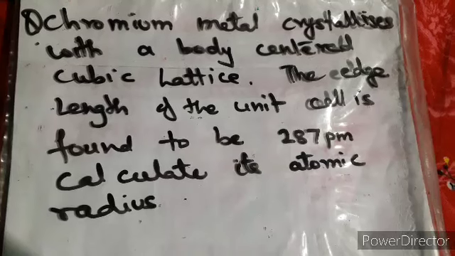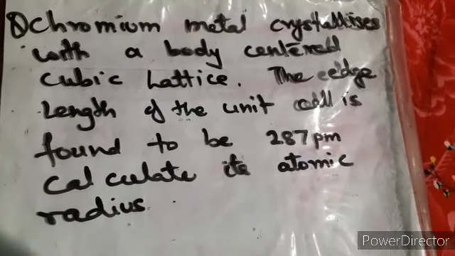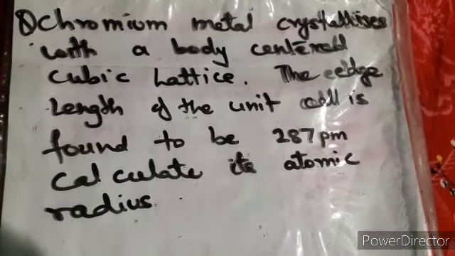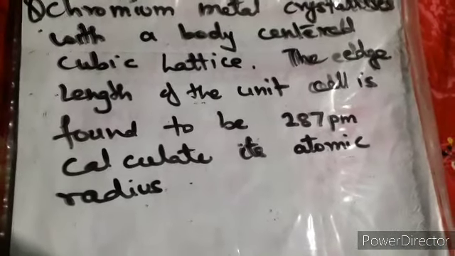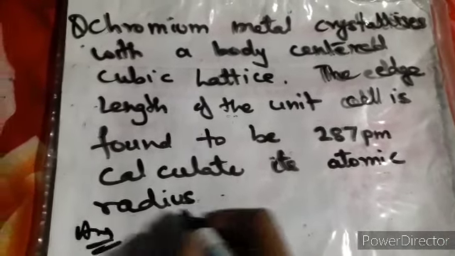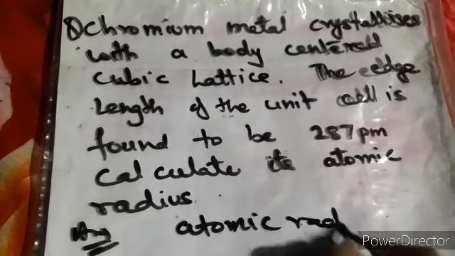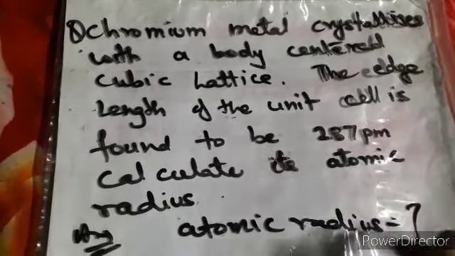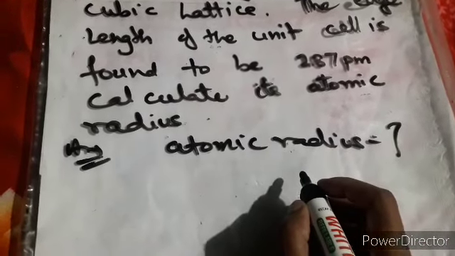It's a body centered one, so it means BCC. You have to focus on BCC, so you have to put the formula for BCC. So let's write down the formula for BCC over here. Your answer will be like that. What is the atomic radius? Atomic radius you have to calculate. Why am I writing this? Because it will help us understand what we have to calculate.